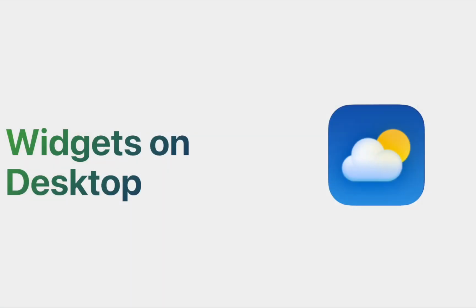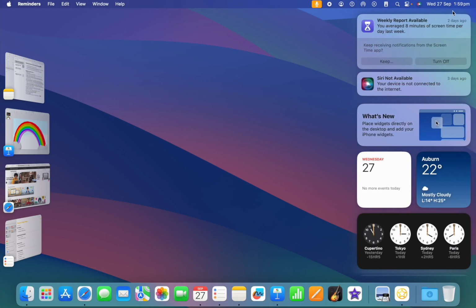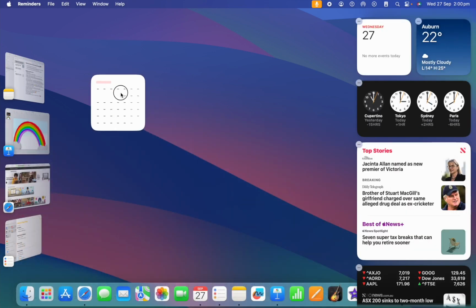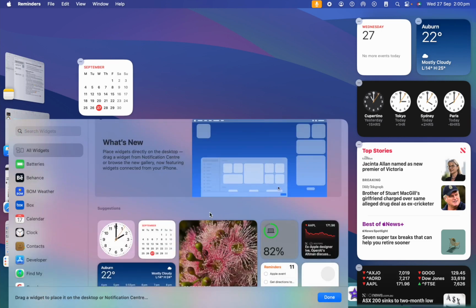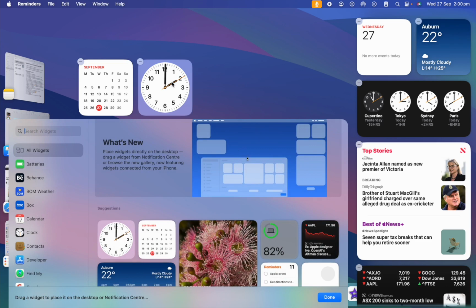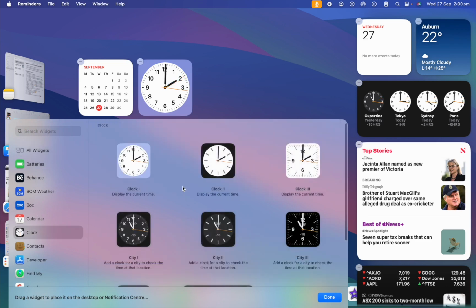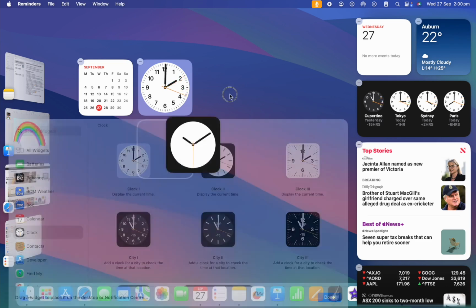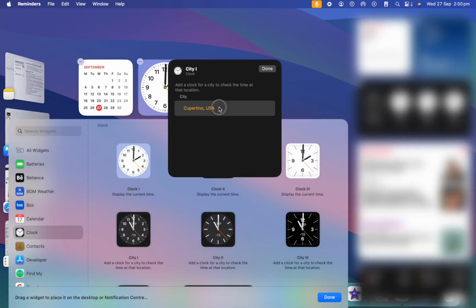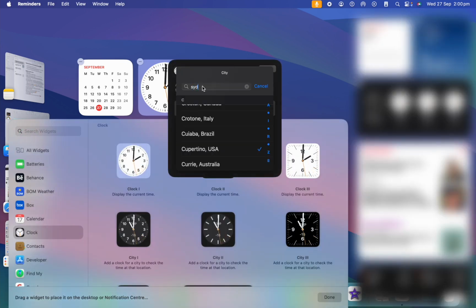Widgets on the desktop. You can now add your most frequently used widgets onto the desktop to keep them in view and access them easier than just from the date and time in the top right. Add widgets to your desktop like your calendar or clock, or even 2 clocks, great if you work across time zones. And even add your screen time widget, allowing you to see how long you are spending in each app,